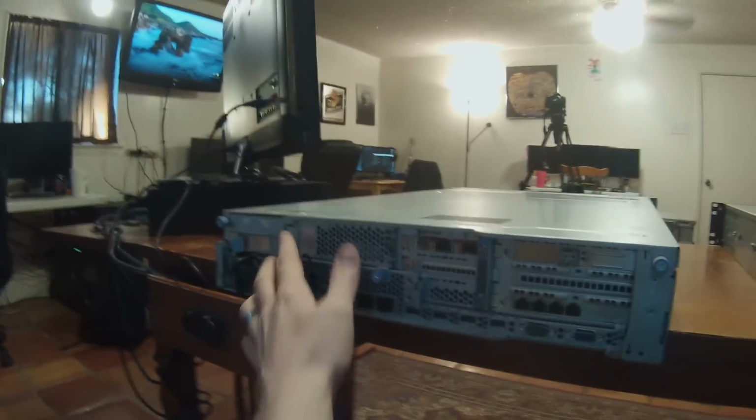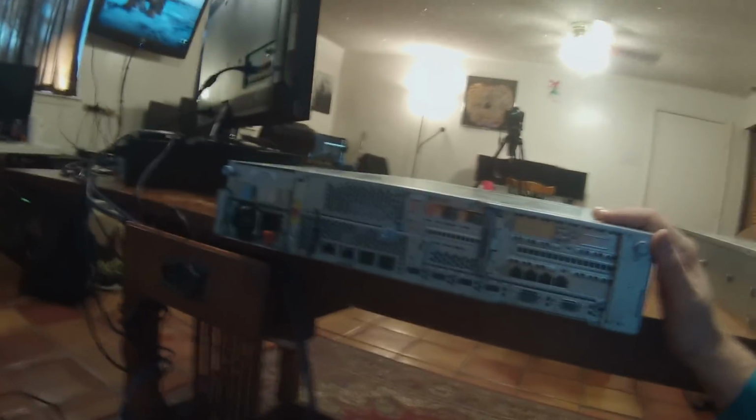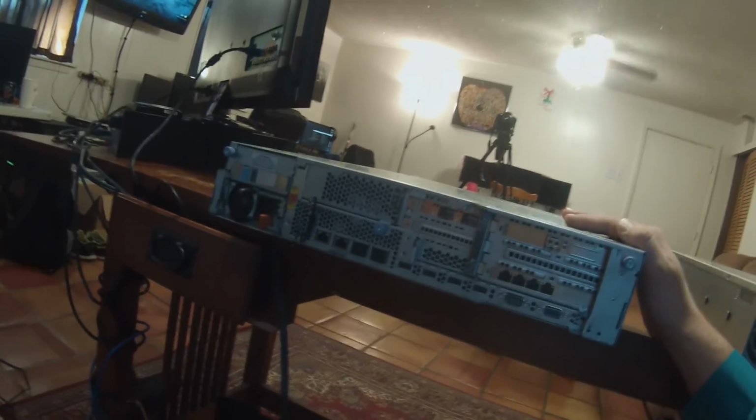Now, if you notice, I only have a single power supply. I've got another one on order. This system only came with one. It actually only has one CPU also, so I'll be running a single quad-core hyper-threaded Xeon with 24 gigs of RAM. As soon as I can, I'm going to be getting the CPU and heatsink in and also getting another power supply to make sure we've got this beast up and running. I'll also be adding another 24 gigs of RAM to it to bring it up to 48 for right now,